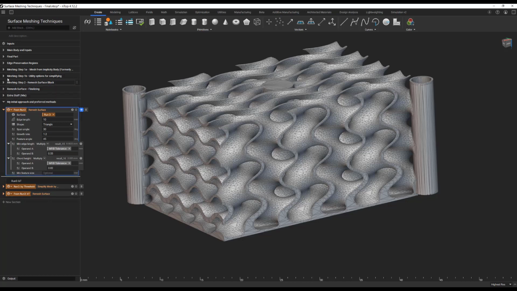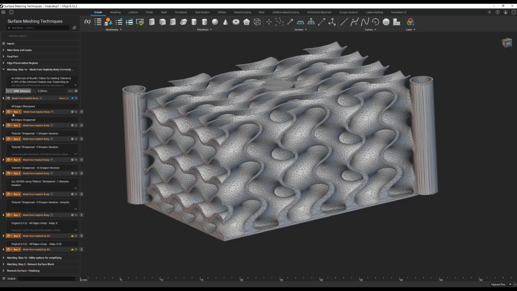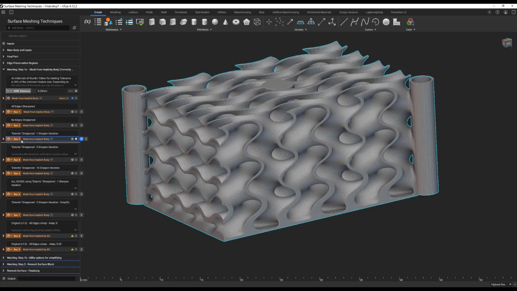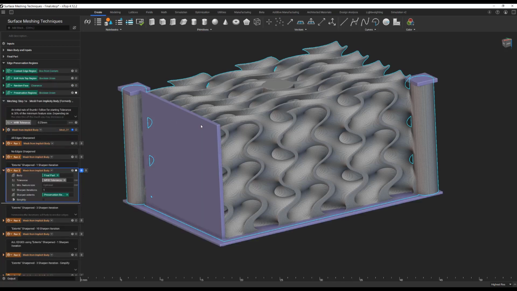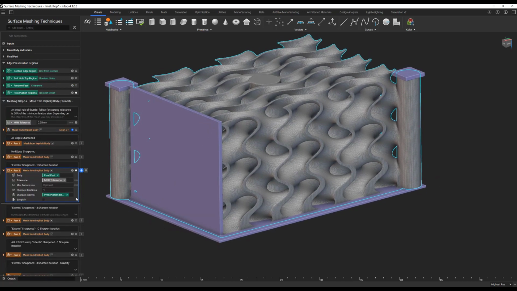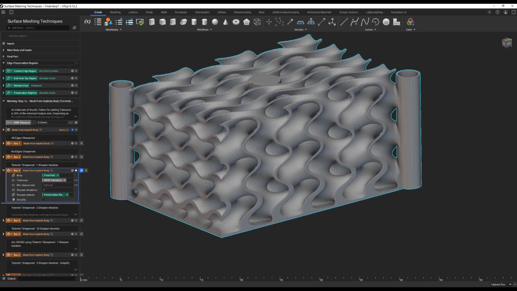So in this case, our input mesh is run 3 of the mesh from implicit body, which has the overload option selected. So we're defining certain regions that we want to preserve sharpness on, and we only have one iteration defined for